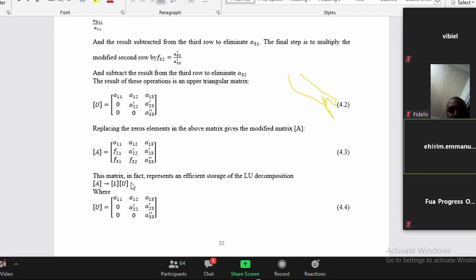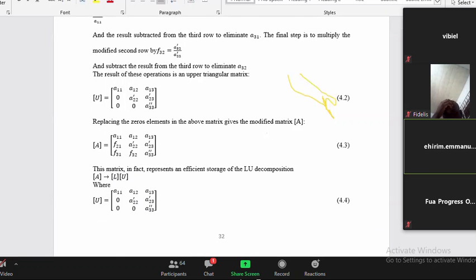All right. So now, what is going to happen is this. We have seen the upper matrix. We want to see the lower matrix. This is the upper matrix. We want to see the lower matrix. Of course, this matrix in fact represents an efficient storage of L and U, the decomposition. So A is decomposed into L and U. This is U through the Gauss elimination method. Now, what we do now is,